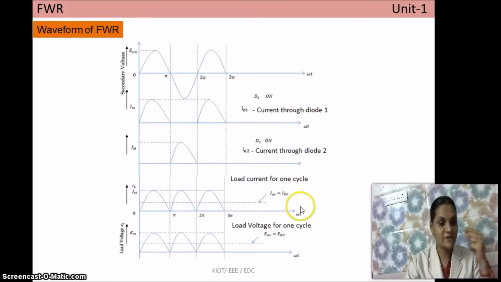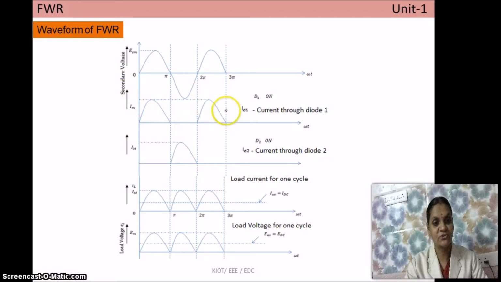And the next one is the waveform. This waveform will be somewhat similar to the half wave rectifier. The first waveform is the input AC signal and the second one is the current flowing through the diode D1. As we discussed earlier, assume this is the positive half cycle. During the positive half cycle, which diode is forward biased? D1 is forward biased. So this is the current through the diode D1. Whatever voltage we apply, it allows the same current, so the same current flows through the diode D1. And this is for the diode D2.